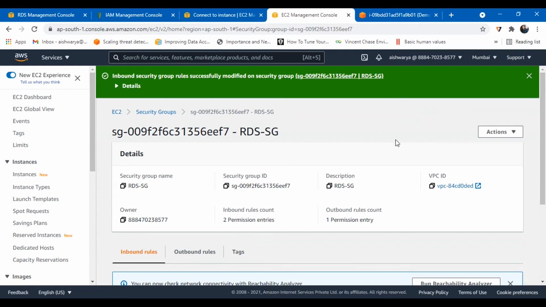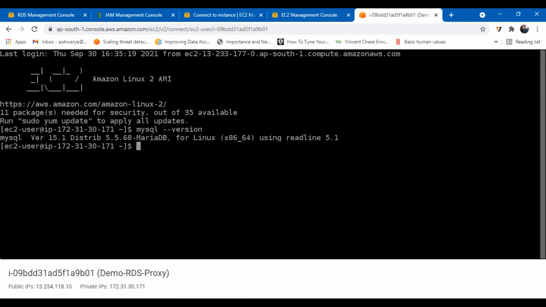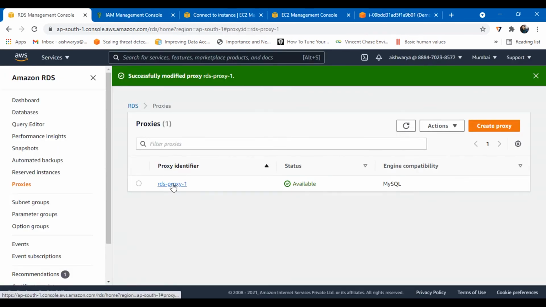Okay, so let's connect, let's go back to the EC2 instance, and just to confirm the MySQL, yes, it is there. So by using the same command but the endpoint will be different, I'll be able to connect to the RDS proxy. So mysql -h. Here I need to get the endpoint.